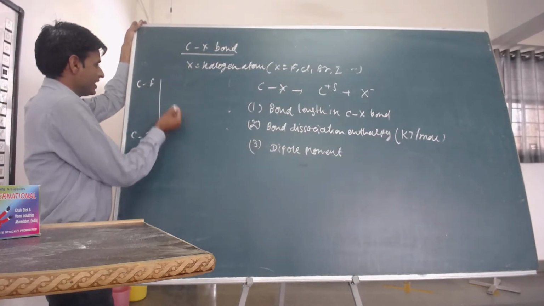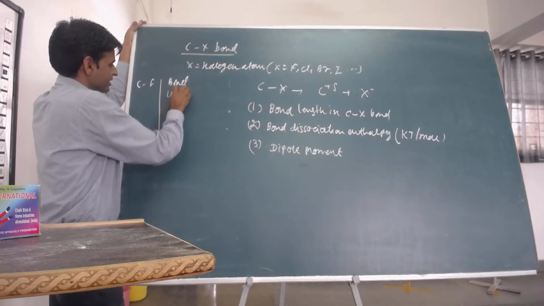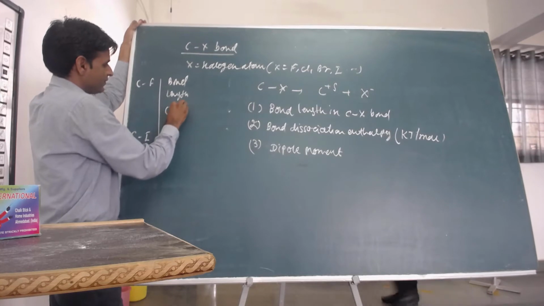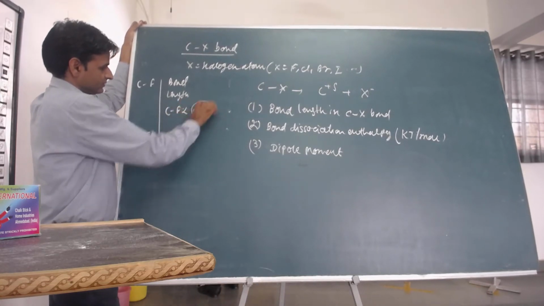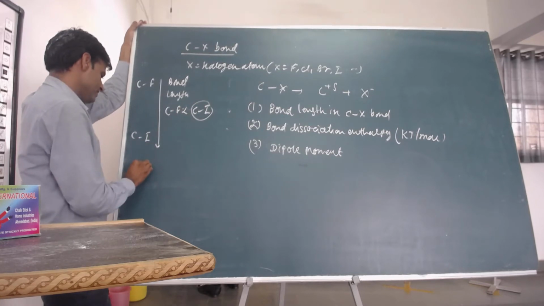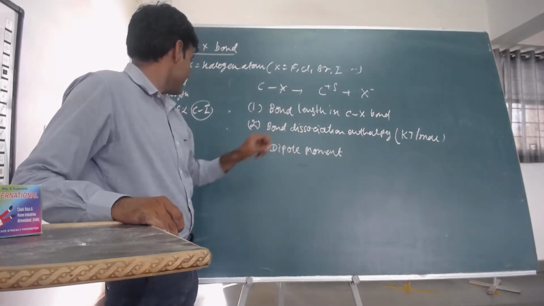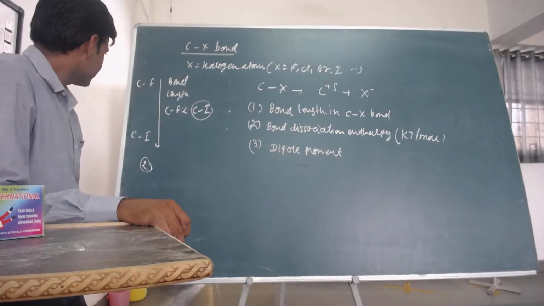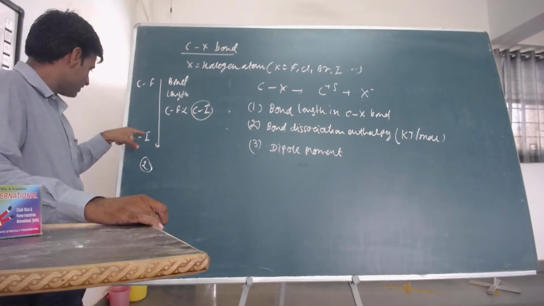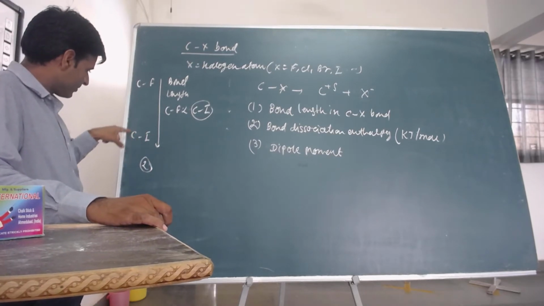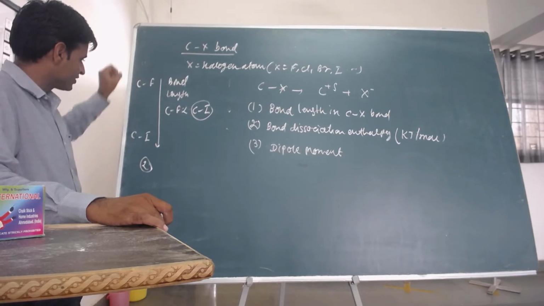So the bond length will continuously increase from C-F to C-I. The second concept is that the bond dissociation enthalpy is directly associated with bond length, and due to the ineffective overlapping between the atomic orbitals of iodine and carbon atoms, the bond dissociation enthalpy continuously decreases